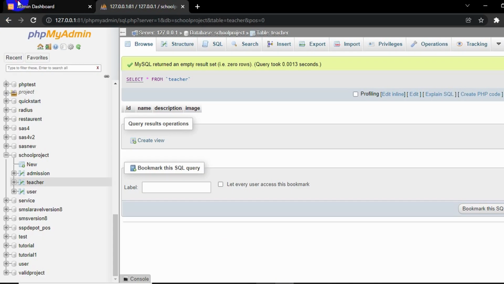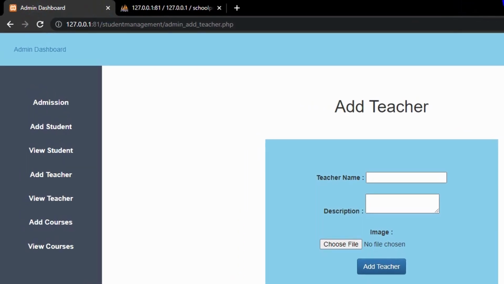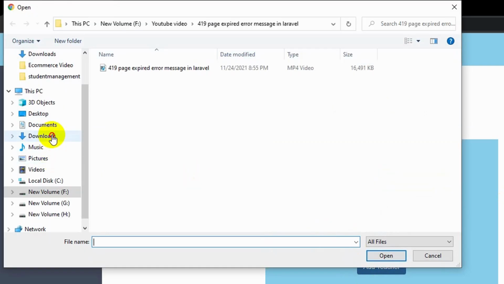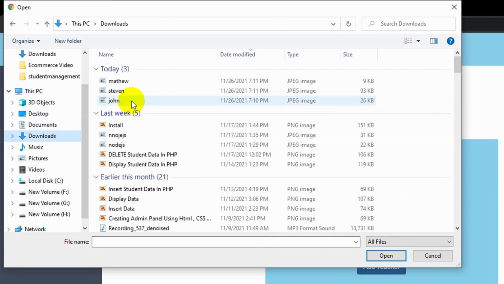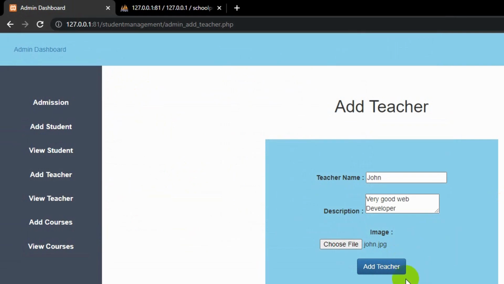If I refresh here, for the teacher name, let's say it will be John, and let's give a random description. Let's say very good web designer, or developer. Now let's choose the image for the teacher as well. I'll click choose file and go to downloads. I already downloaded some images for the teacher. Let's choose the John image, open, and if I click add teacher,